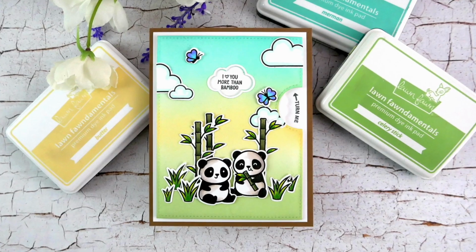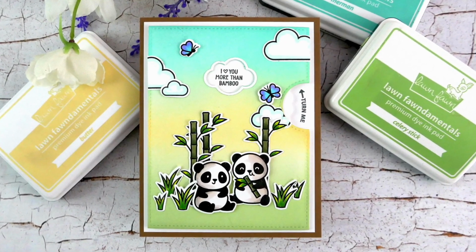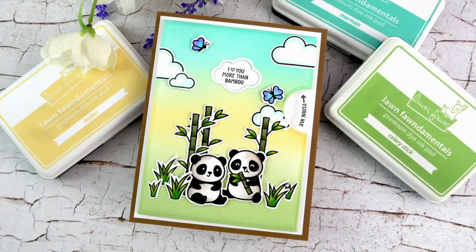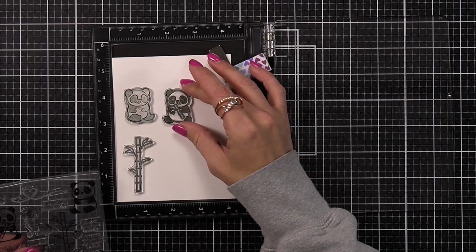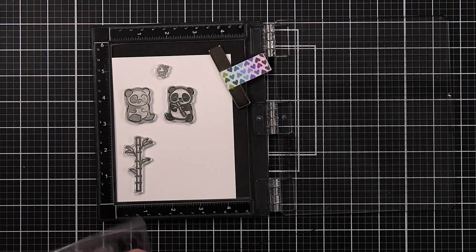Hi everyone, this is Mindy Egan for Lawn Fawn, and in today's video, I am going to be creating a puffy cloud reveal wheel. I thought the puffy cloud would go really well with the I Heart Pandas set, which I